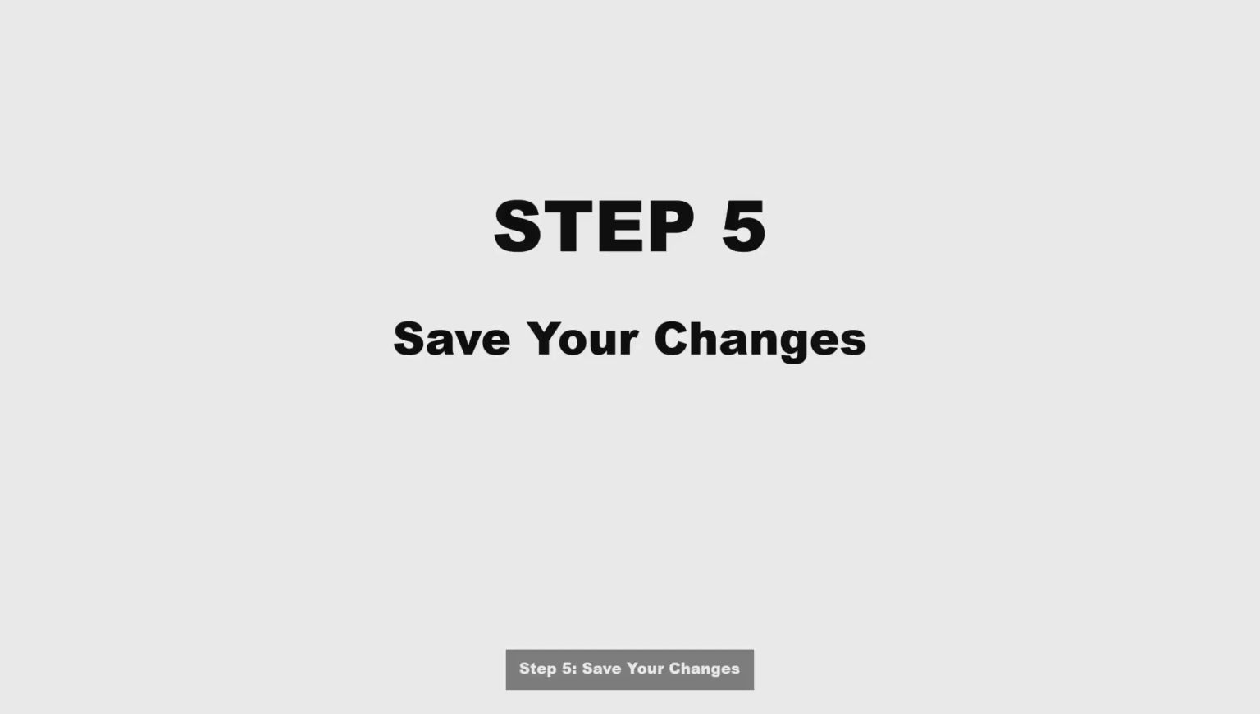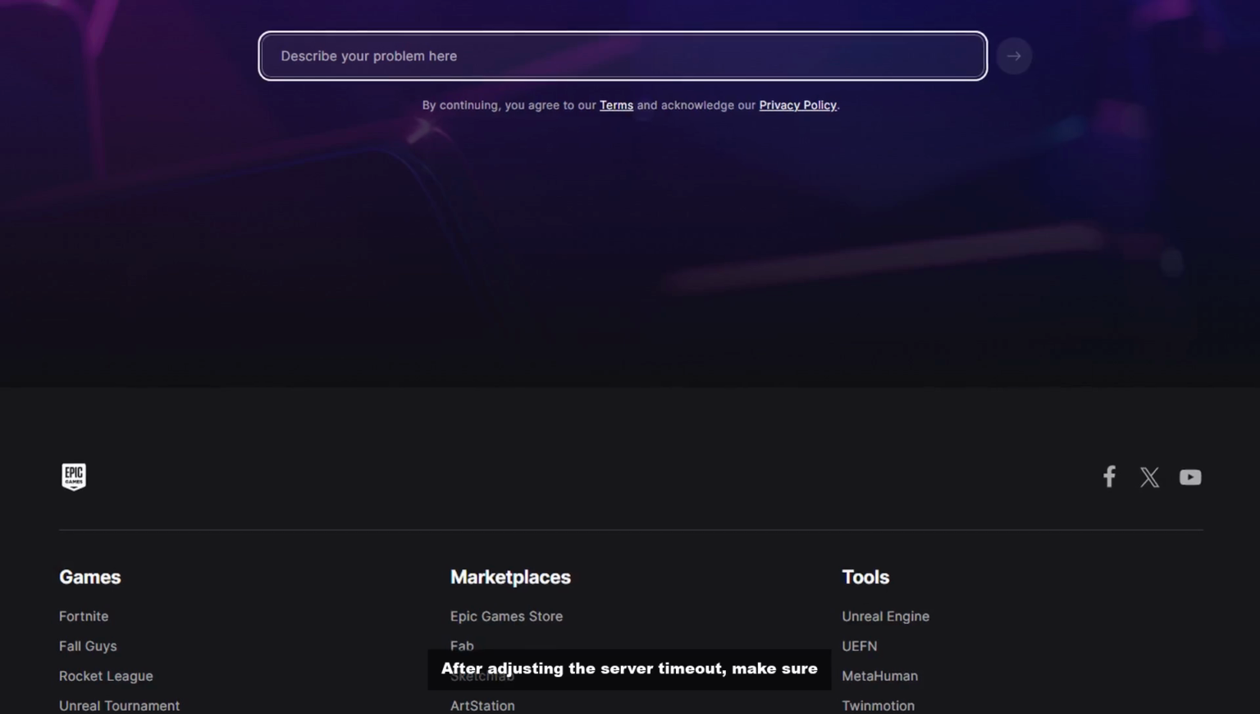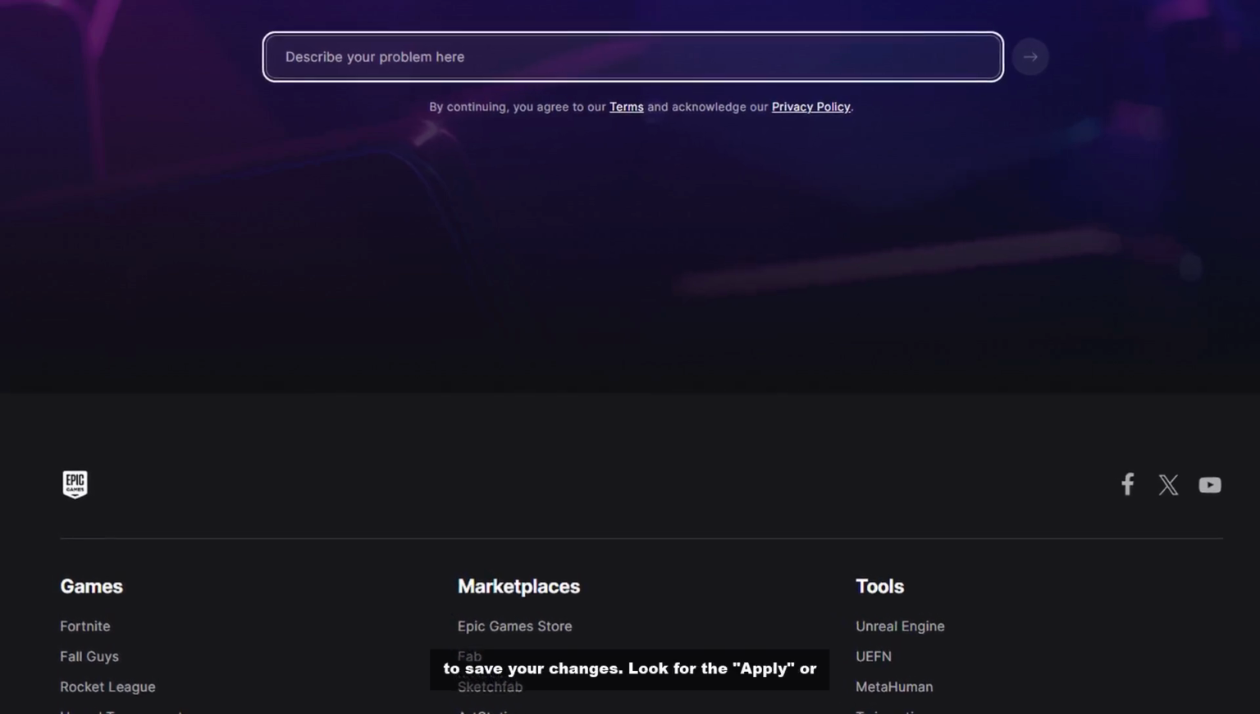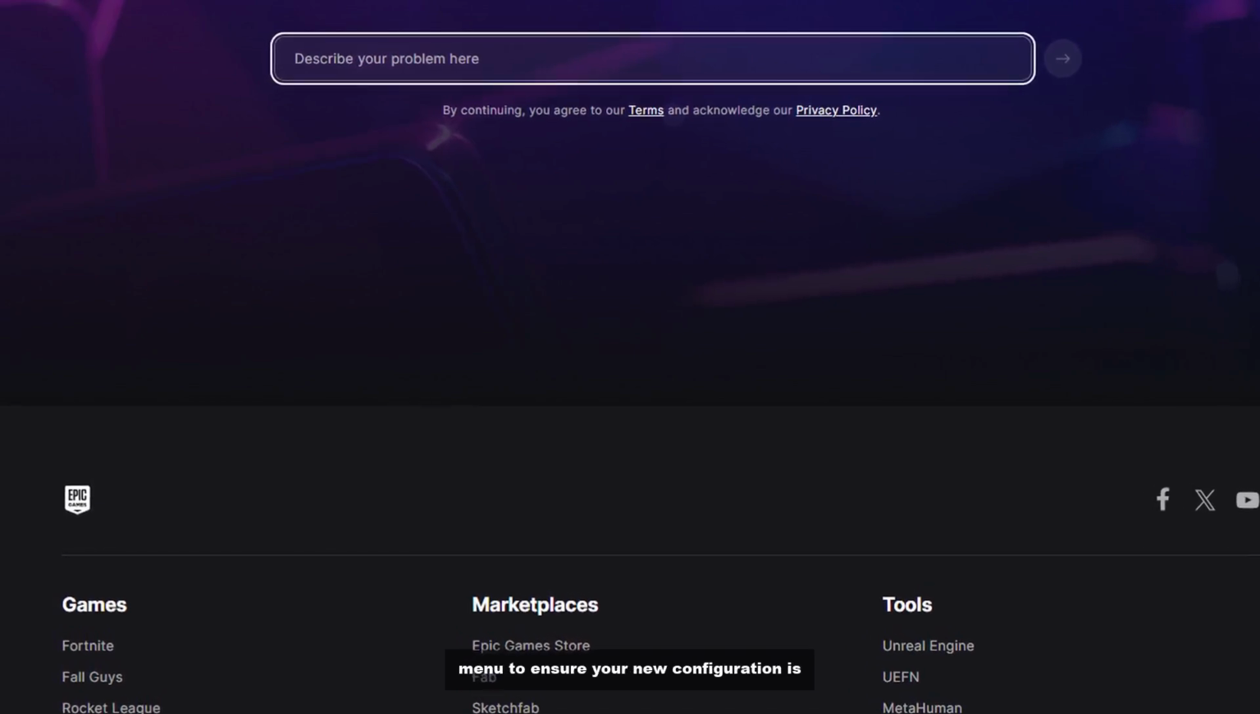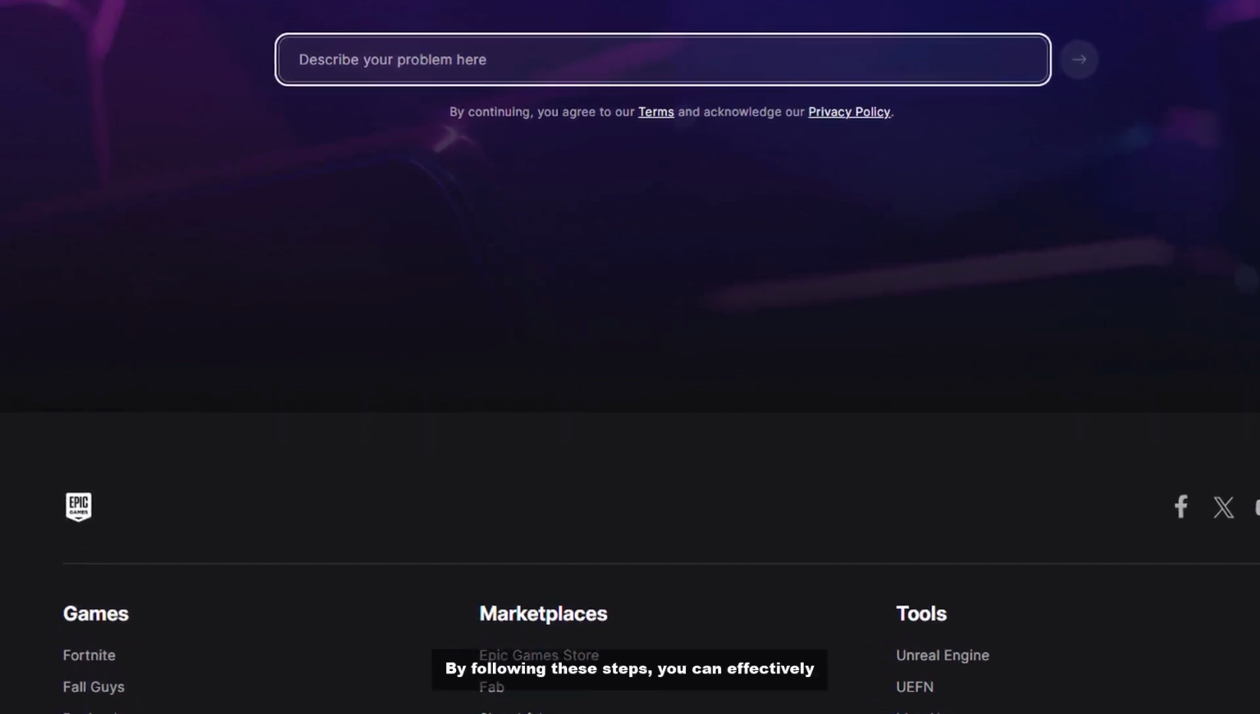Step 5. Save your changes. After adjusting the server timeout, make sure to save your changes. Look for the Apply or Save button at the bottom of the settings menu to ensure your new configuration is active. By following these steps, you can